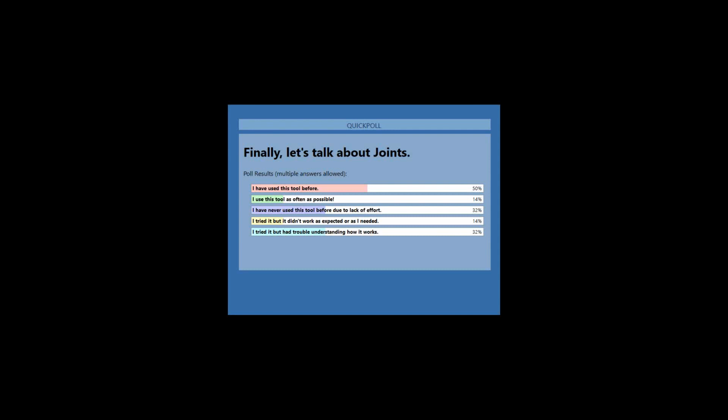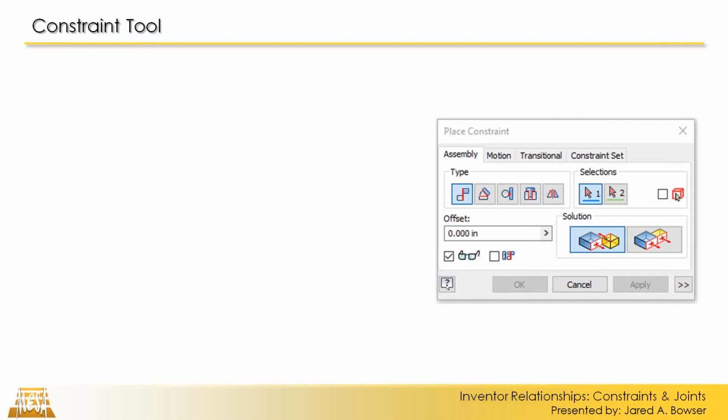There's a couple things that I really like about it. There's other things that I feel like are pretty good, but could be a little bit better. And then other things I'm just going to stick with the Constraint tool for. So hopefully taking a look at a couple examples, you guys can see exactly what I'm talking about, and maybe get some ideas of where you can implement the joint tool and the Constraint tool side by side in your